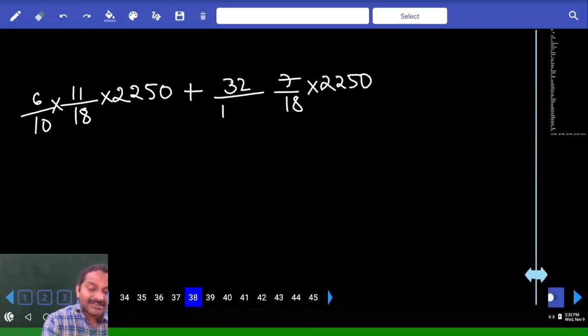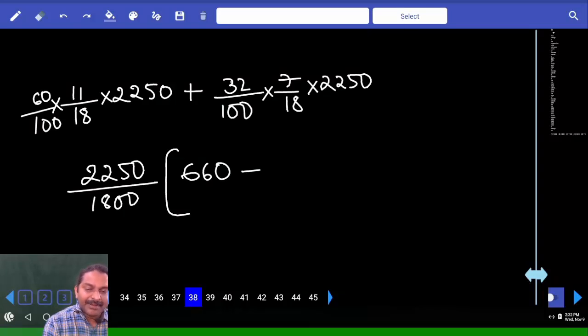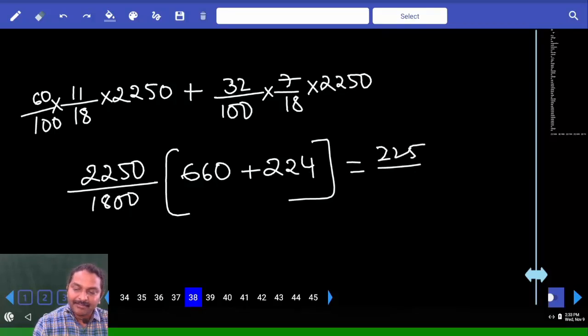did not cast, that is what we need, the 32%. I am writing 60% as 60 by 100 only. Is that okay? Now in both of them, 2250 is common in the numerator, and in the denominator, 1800 is common. Correct? 60 into 11, 660, plus 7 times of 32. 7 30s, 210. 7 2s, 14. 224. Correct? So now this is 225 by 180 into